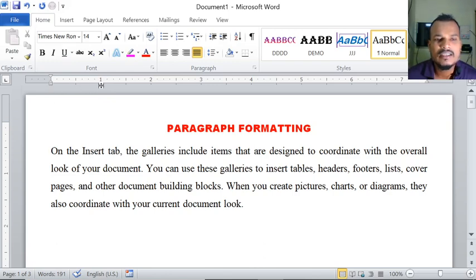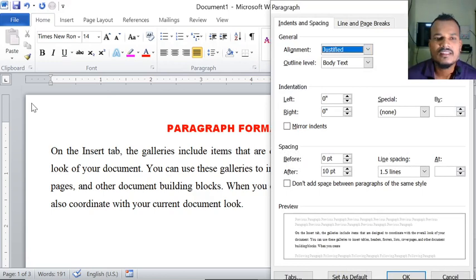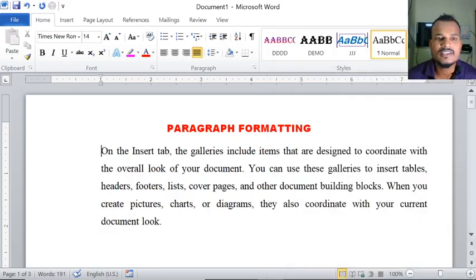I want it from 1, not from center. If I click center align, automatically it will start from center. Right means again right side. But here particularly I want my paragraph from here, that is from 1. So for that purpose, again click on this paragraph icon. This is the left indent, so that's why here I am giving the value 1 and click on OK. See here, now your paragraph is started from 1.